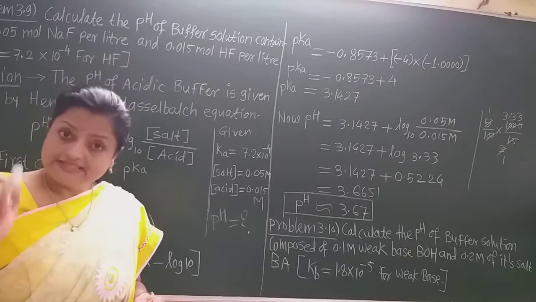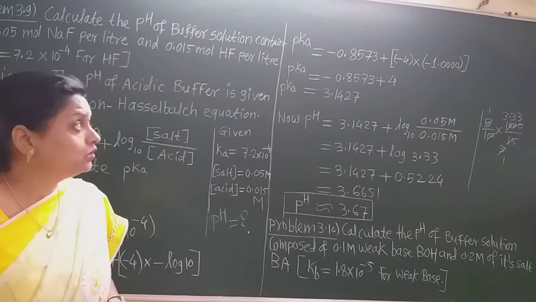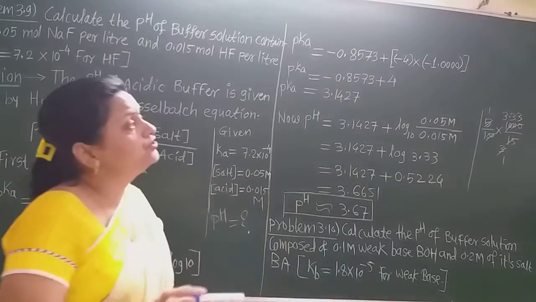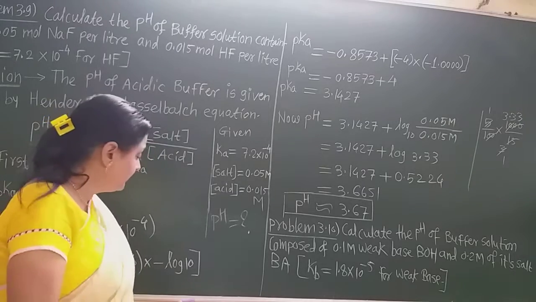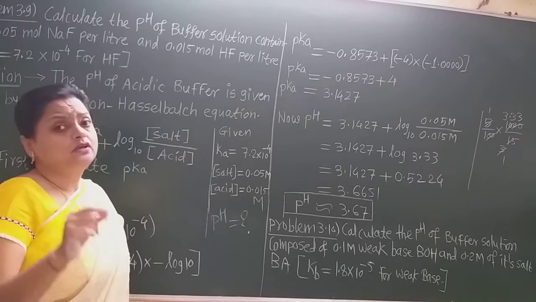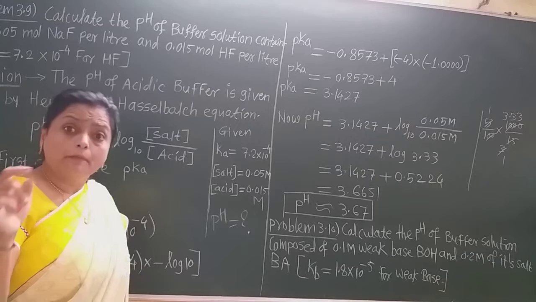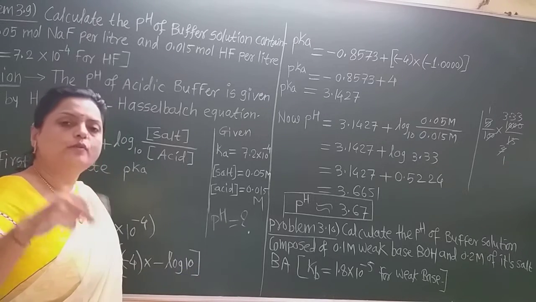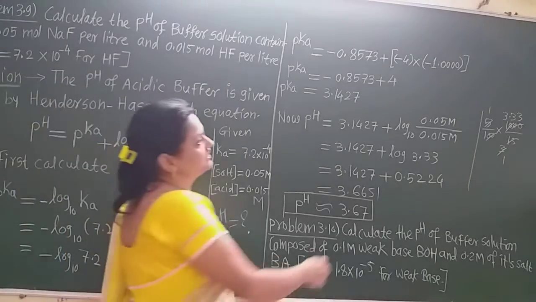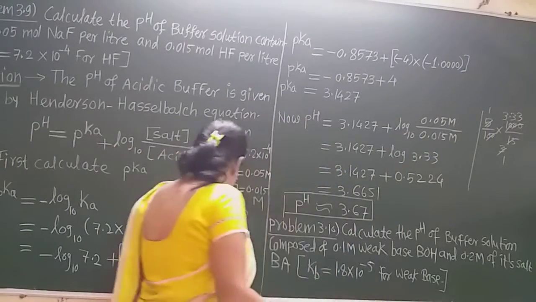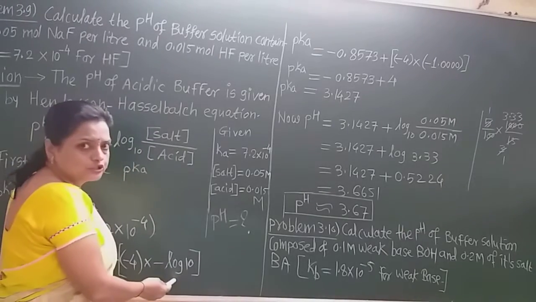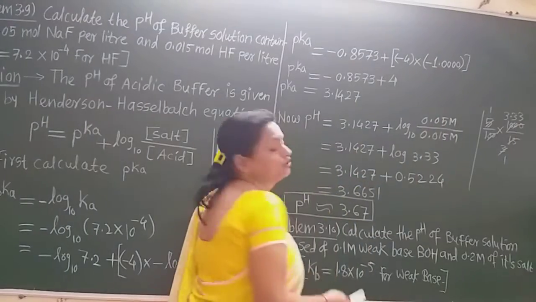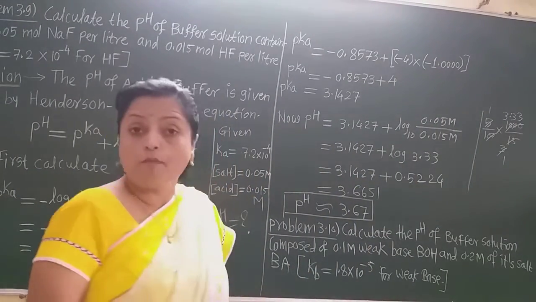Okay, you see in the log table, now this plus minus 4 into this minus 1.000. That means log of 10. Log of 10 is what? 0.000. But as there are two digits, 1 and 0, so 2 minus 1 is 1, and therefore the characteristic is 1 here. And as the minus sign is there, minus log of 10, so give here a minus sign, minus 1.0000. In this way, this is the log of minus 10.